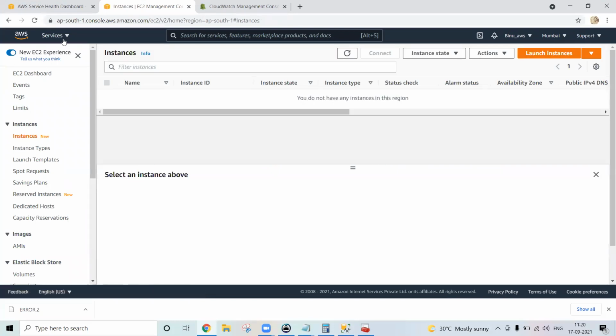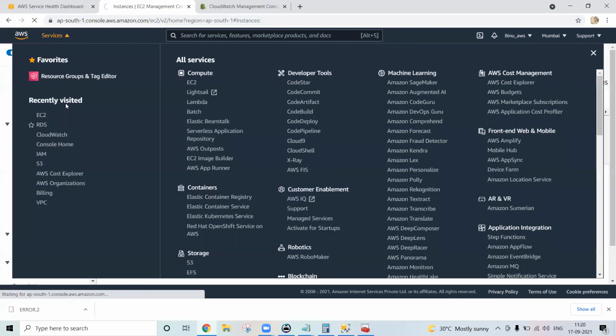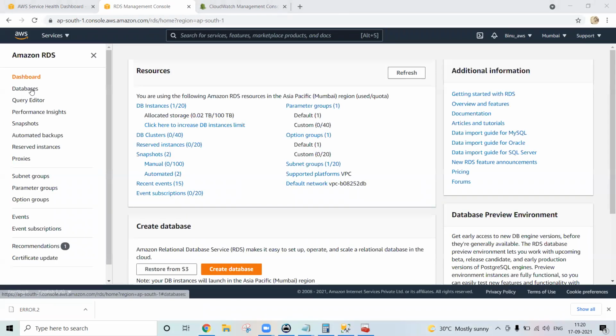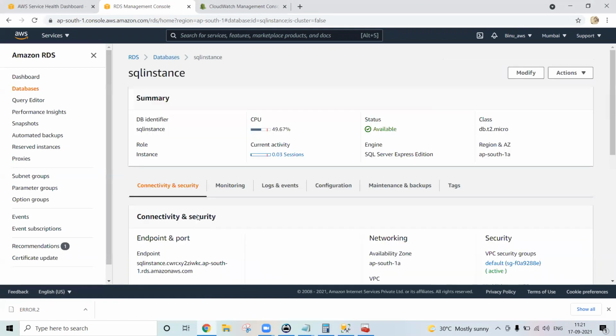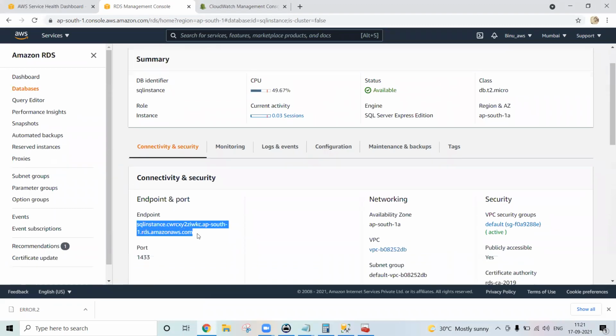Go to RDS. Should I leave it, or should I drop it? I will drop it. So I am not deleting the database in the RDS instance. This will be one task for you: try to connect to the RDS instance from your own laptop.